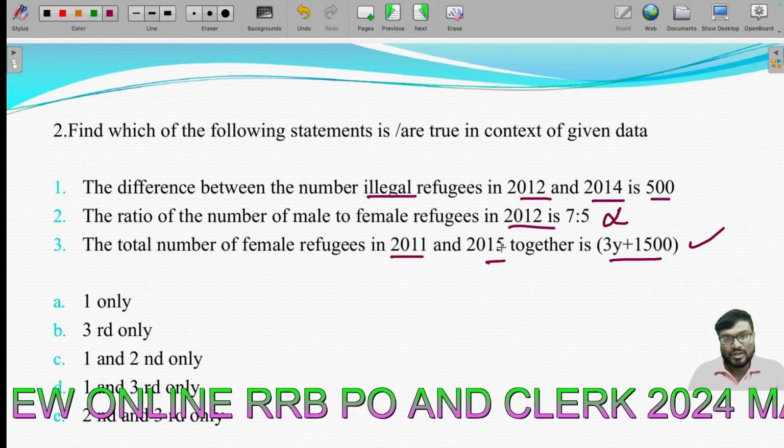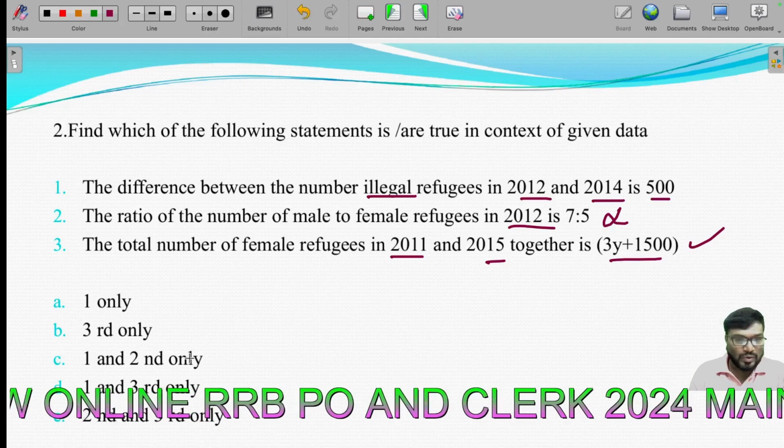Here that is also given. So only the third, that is